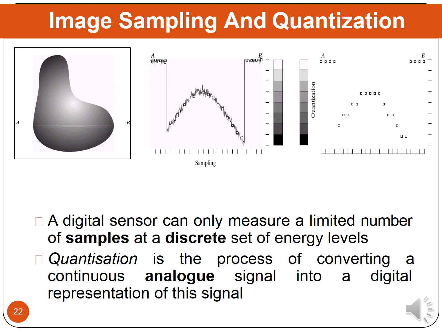In image sampling and quantization, we convert an analog image into a digital image. For example, we take an analog image and consider the values between A to B. These values are sampled, and they are given as gray level or pixel level values. After noting the gray level values, they are quantized depending upon the gray scale. You can see the gray scale now. Depending upon the gray levels, we place the pixel values. This is how we sample and quantize an image.